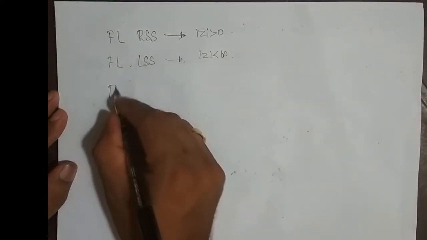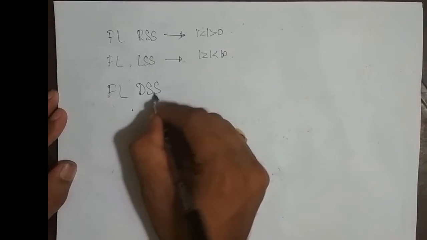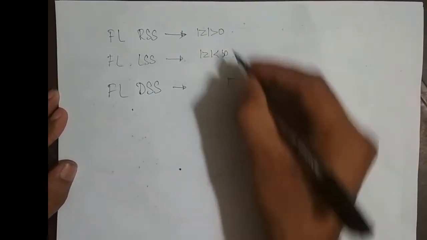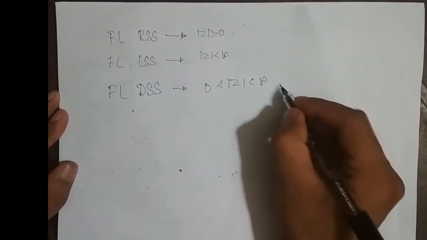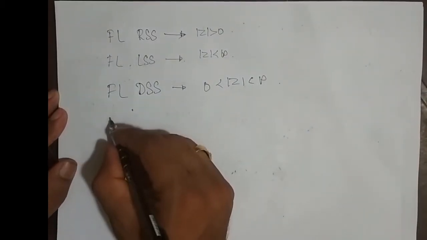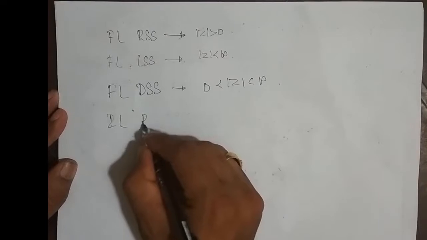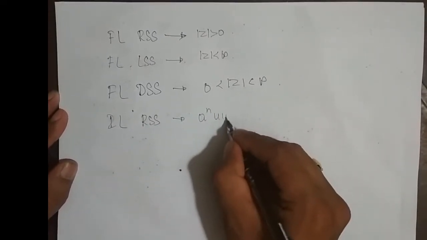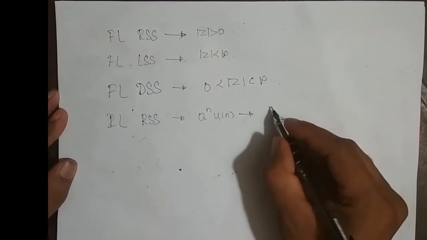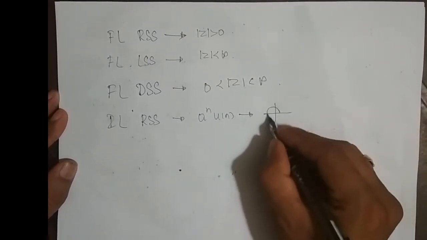And we have taken up finite length double-sided sequence. And what was its ROC? It was combination of these two. In the sense, it is greater than 0 and less than infinity. And we have taken up infinite length right-sided sequence of the form a power n u of n, right? What was its ROC? It was actually outside the outermost circle, right? It was something like this,